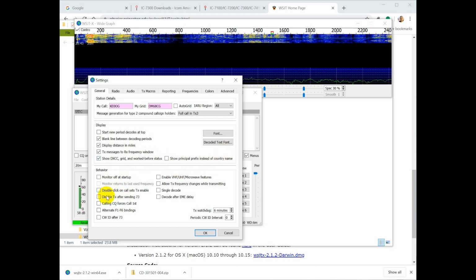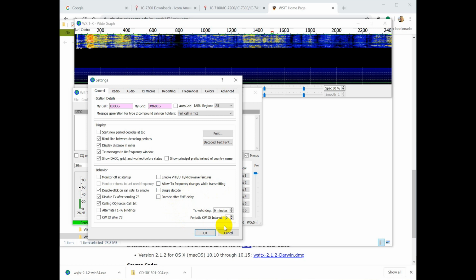Monitor off at startup. No reason for that. Double click on call sets. Transmit enable. Yes. Disable transmit after sending 73. Yes. Calling CQ forces call first. What that means is if you call CQ and several people call you back, first in line is the one that the system will call on your behalf. Allow transmit frequency changes while transmitting. I don't think we need to do that. Single decode, decode after EME delay. Okay,